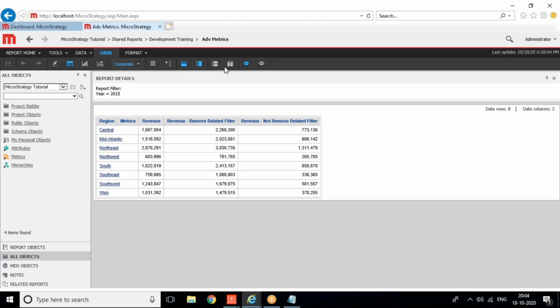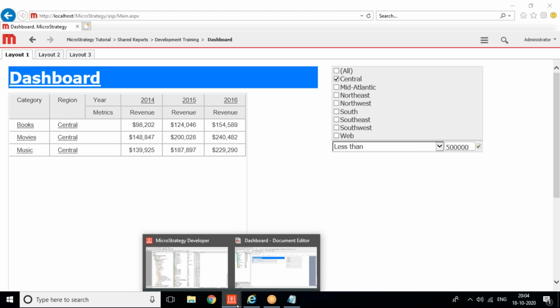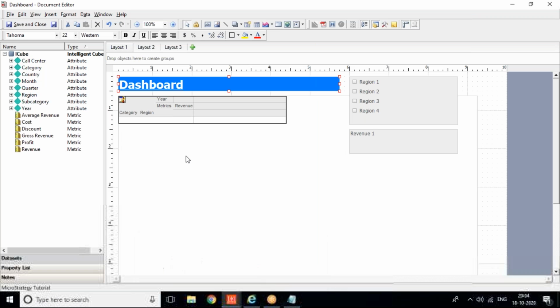Okay, so even when you have text boxes, you can create hyperlinks basically to any of the URLs or any existing reports. Same thing, you can do it from the report as well. Okay, now let's say this is my report, or let me go back to the developer tool. Okay, let me just go to the layout one, and let's say